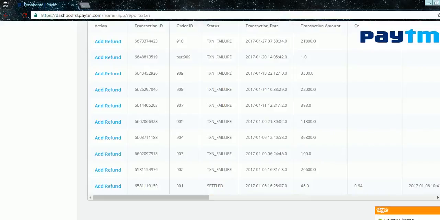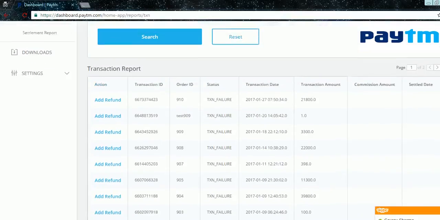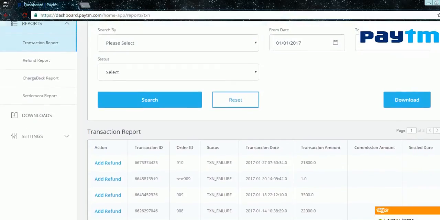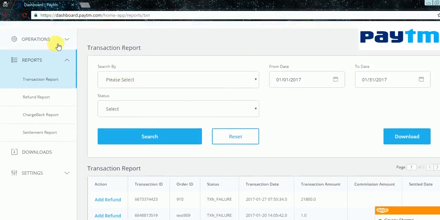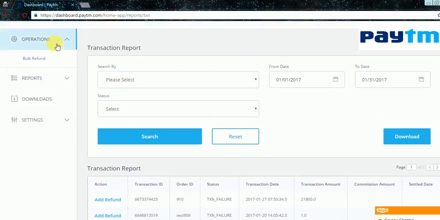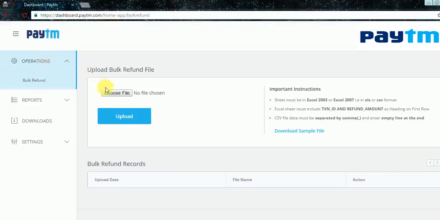Next is how to process the bulk refunds. Inside operations tab, you can see an option for bulk refund. Now here you can upload a file for which you want to initiate the refunds in bulk. Please see the important instructions given on the right side.